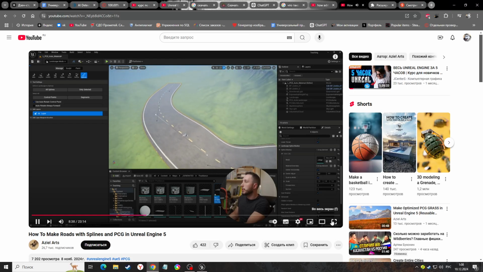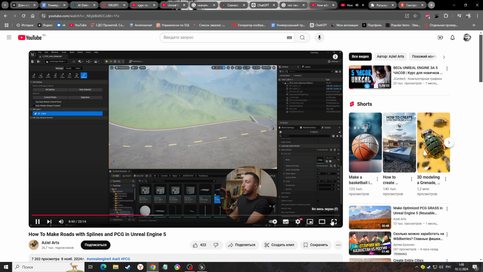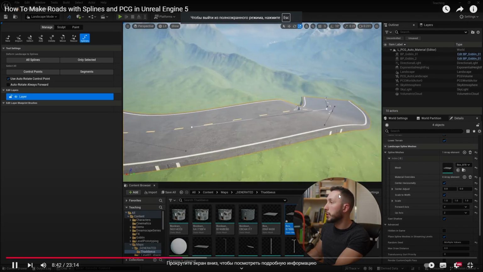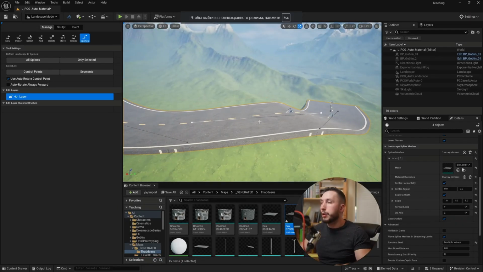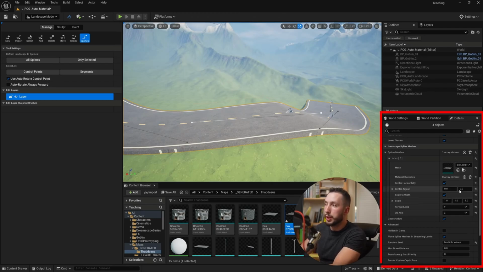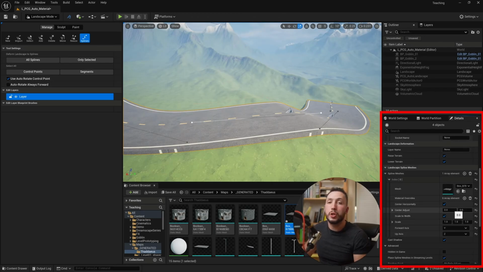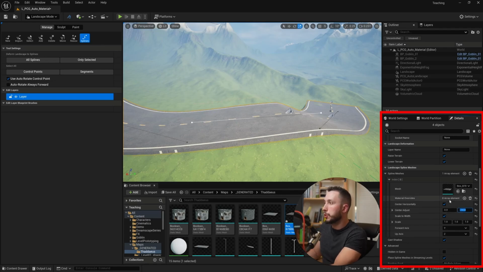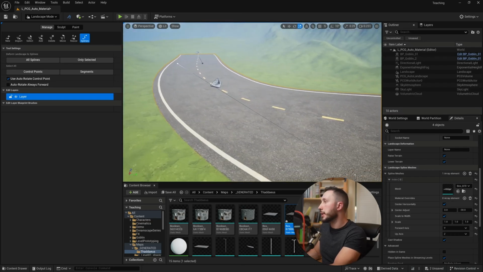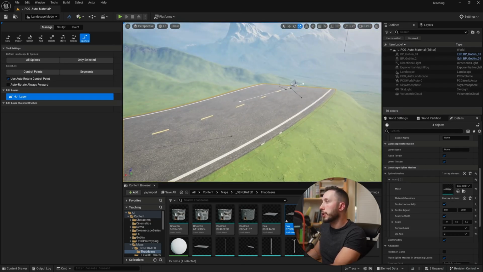So now our road is looking much better. We can also adjust it in positioning slightly. If we want to push it down into the ground a little bit, we can come over here to the center adjust, which is going to push the road up or down. It's the second number that goes up and down. So we want to type in negative because we want to push it down. Type in negative 10. And that pushed it down a little bit, but not enough. Let's try negative 30. All right, there we go. Now it has been pushed down into the ground for us, and that looks